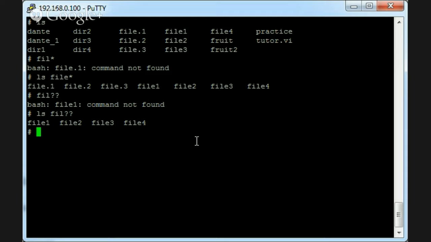Then I could say ls file, and then I can use my square brackets to say I want to match a pattern. So I can say 1 through 4 and make that my pattern. And